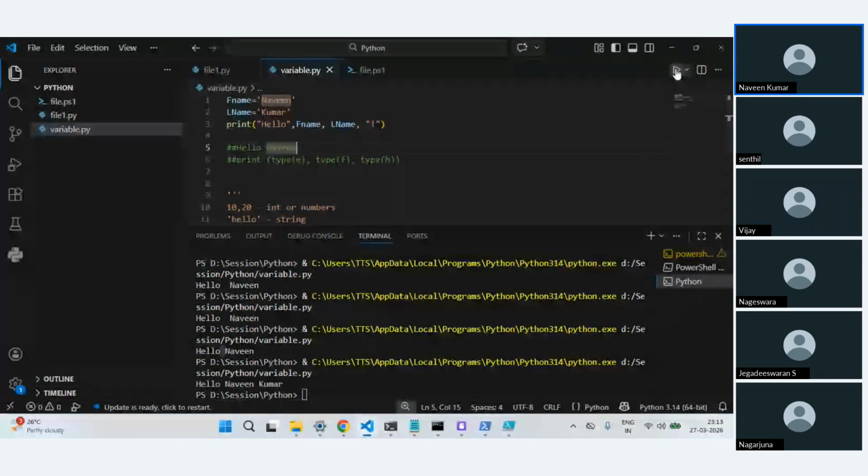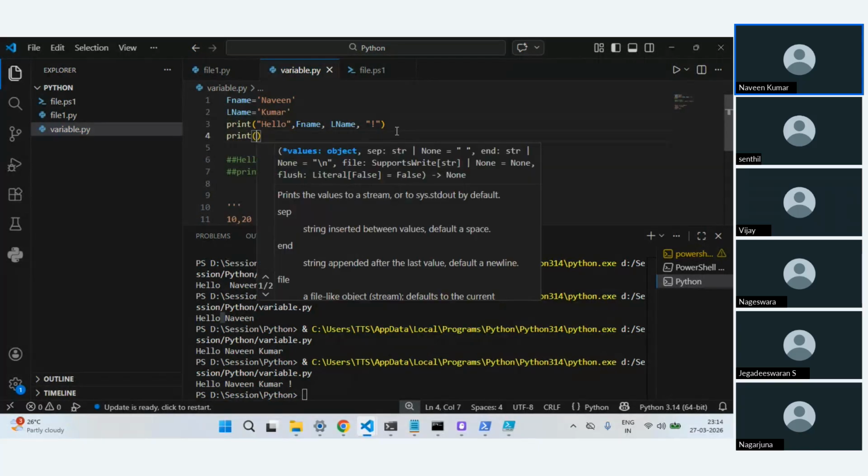This is still printing, but there are better ways of doing this instead of writing like this, because if you are fetching values from different variables, this code might not look good. I'll show you the different ways in which you can write it.